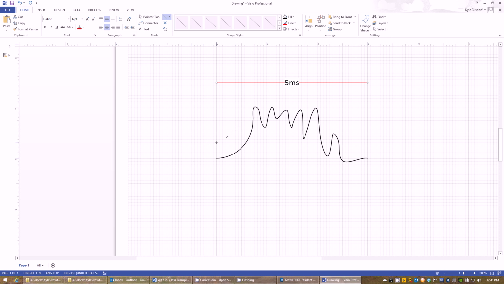So we want to take the first time it goes high and ignore a 5 millisecond pulse. And let's just really characterize this nicely. Let's leave it like that. Okay, so let's say we have a clock, and our clock runs at